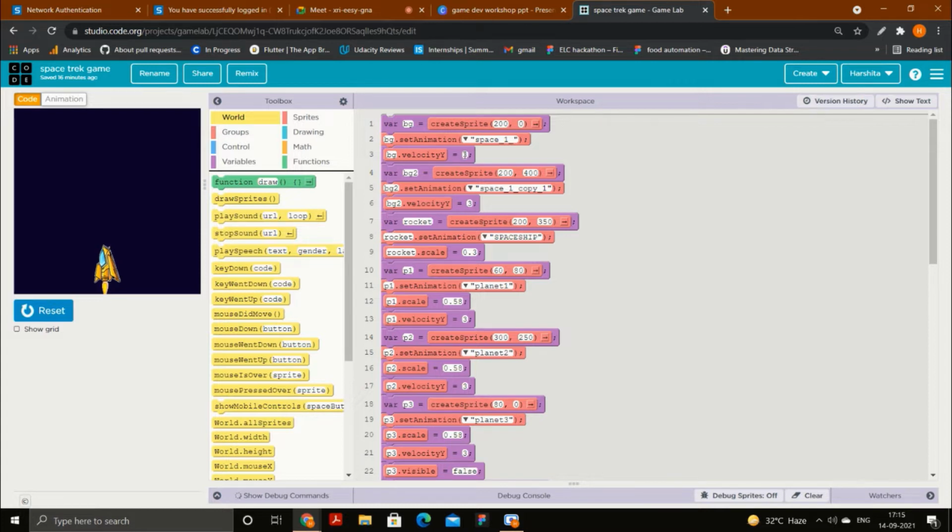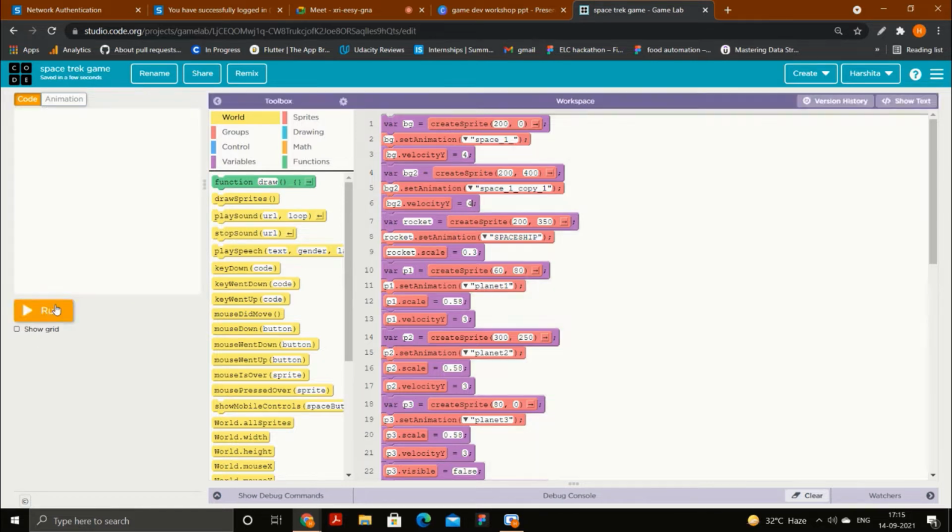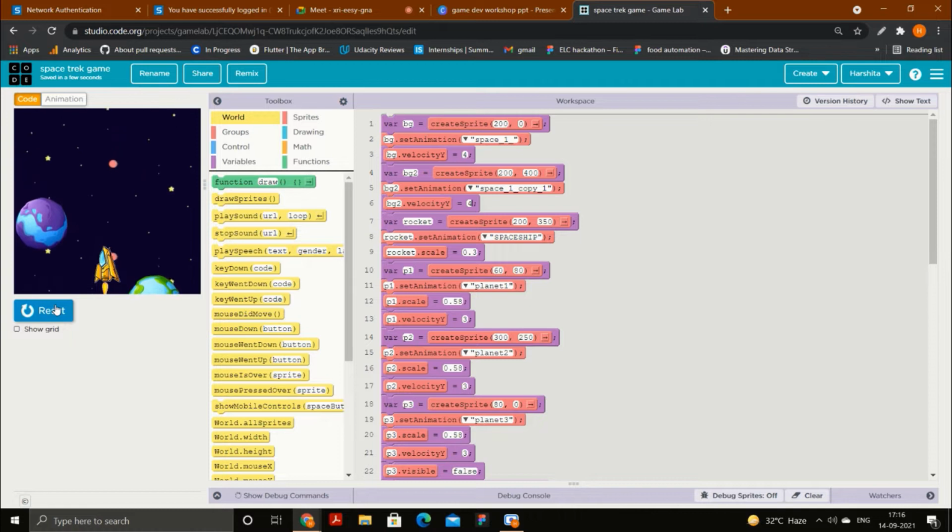I will just show you. Let me put a 4 just as an example, and I will run the game. Now we will see whether the issue is still there or not. Now you can see the issue is not there. One background, then second, then third, then fourth. The two backgrounds are continuously swapping, and it gives you an illusion that both of them are moving together downwards. That means there is no issue with the code.